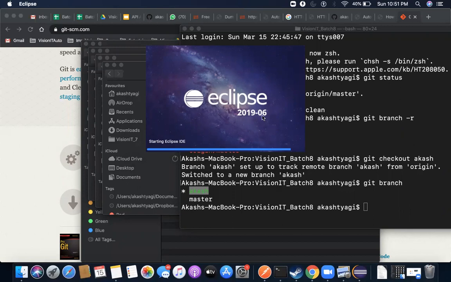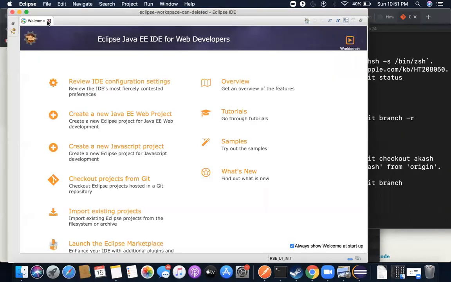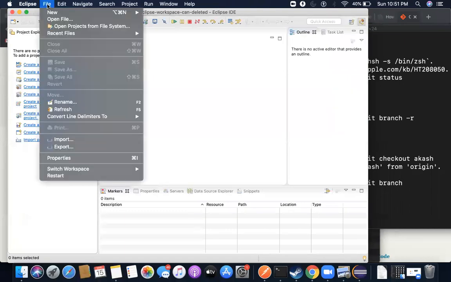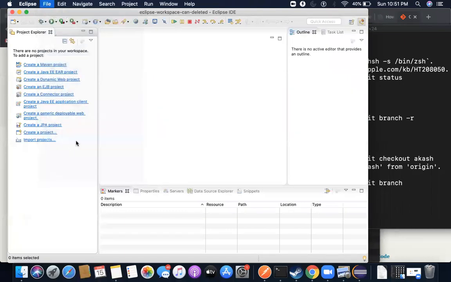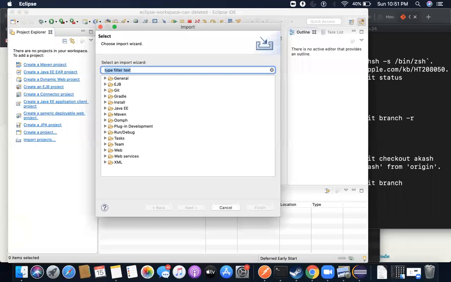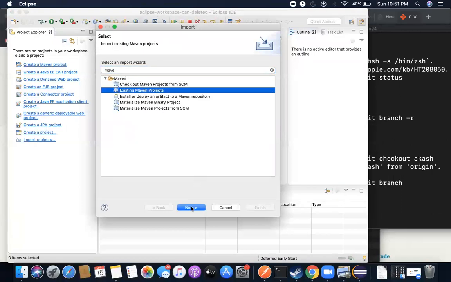Let it open. It's open. Close this welcome screen. I will go here, click on import. I will write here Maven, existing Maven project. Next,